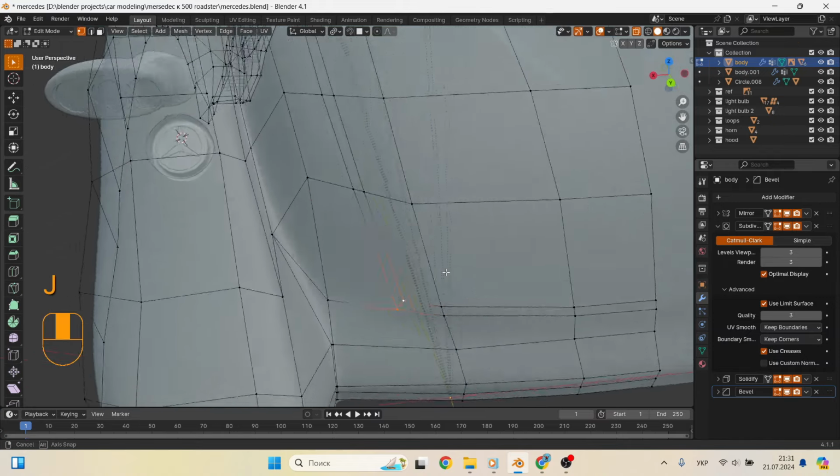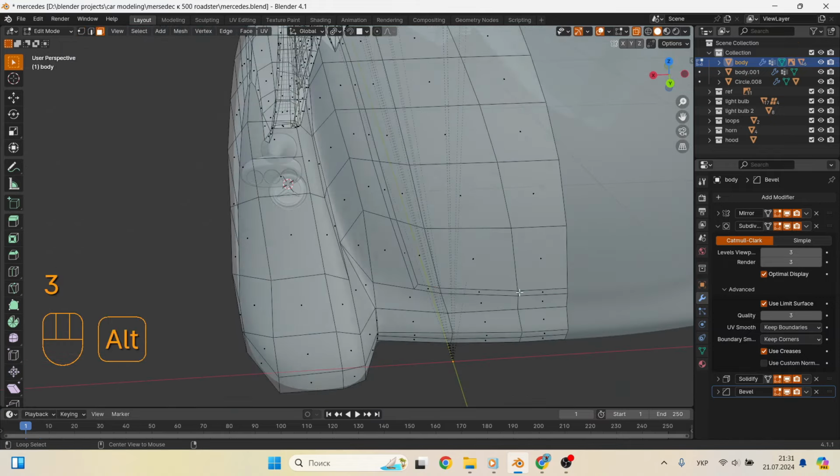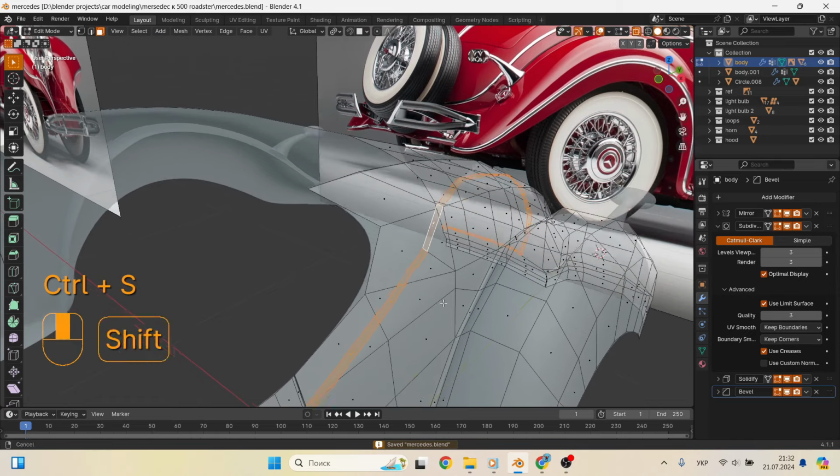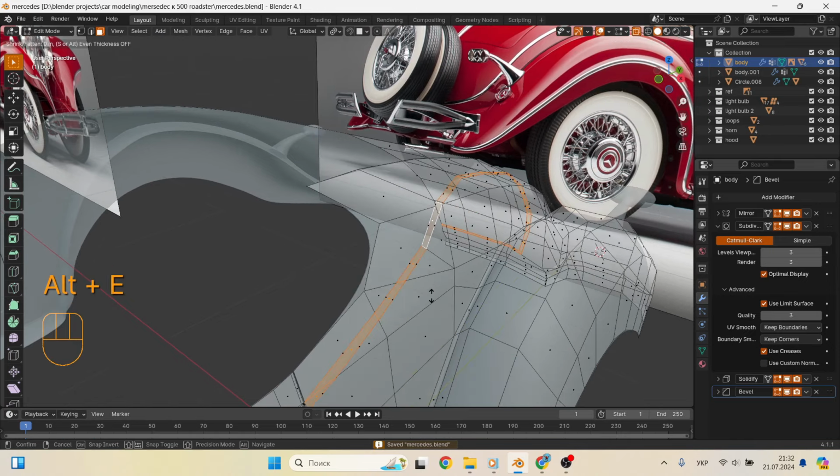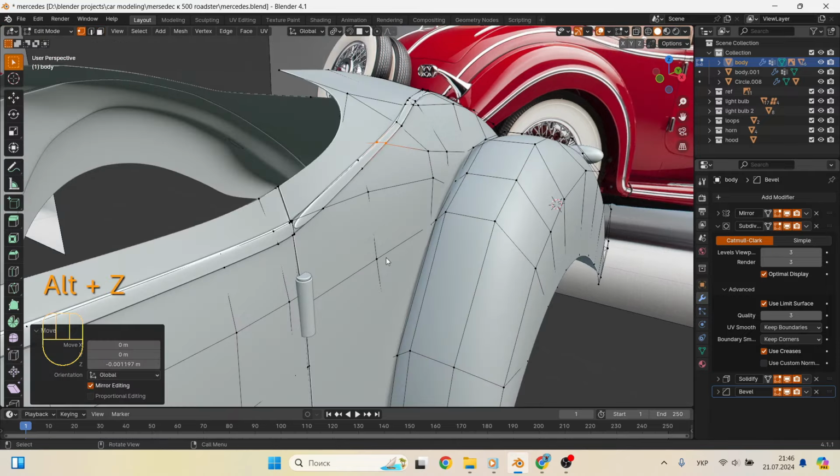When we have finished cutting the edges, we need to select all the faces of the future molding and extrude them along the normal, using the combination of Alt-E, since we cannot simply extrude along one of the axes.